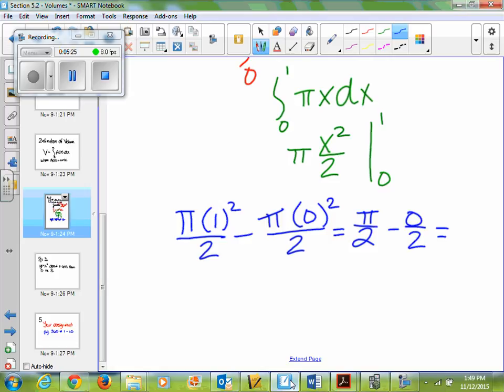So pi over 2 minus 0 over 2 gives me a volume of pi over 2. If I were to graph the three-dimensional figure that I would get, this shaded area would be pi over 2. Not a very good three-dimensional drawing, but